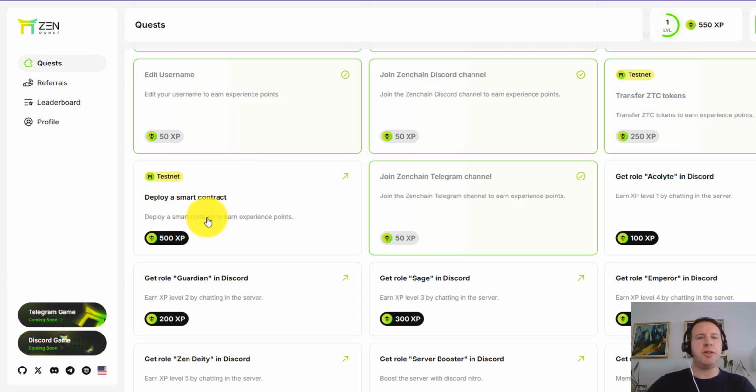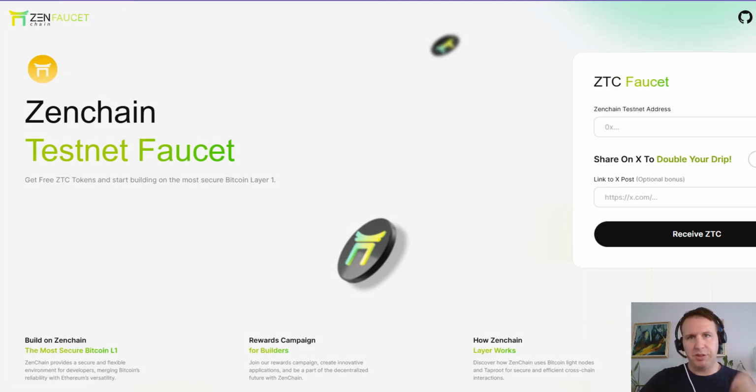Welcome to the quick tutorial on how to deploy a smart contract on ZenChain for the ZenQuest. I'm going to very quickly demonstrate how this is done. It's super easy. Before you can do any of this, you need to make sure that you've already gotten tokens